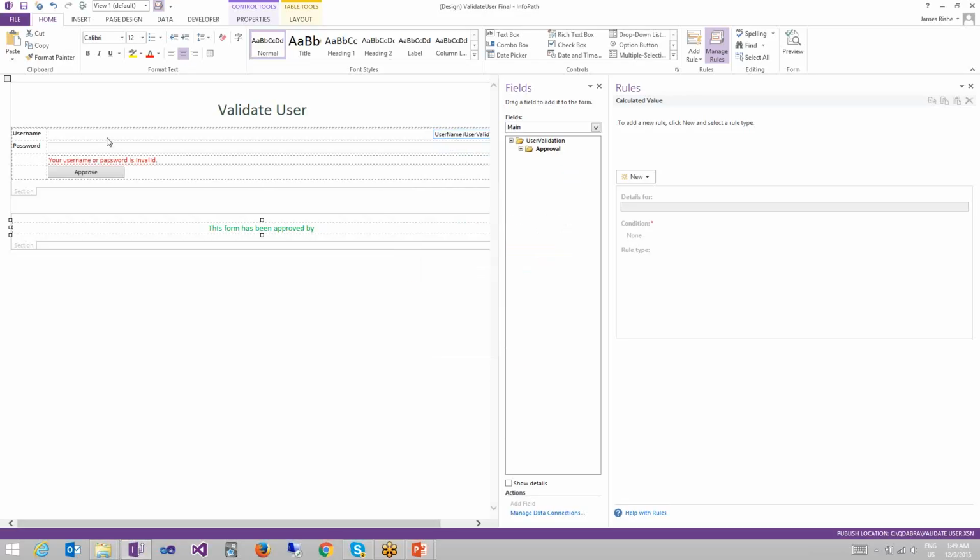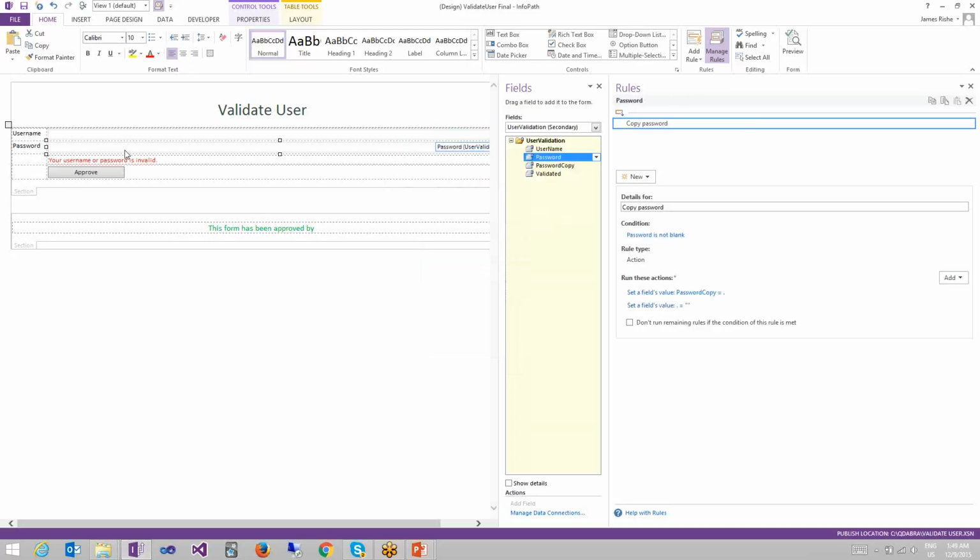Now, the reason I'm copying the password is just an extra bit of security. Say I disabled this rule, and let's preview the form.